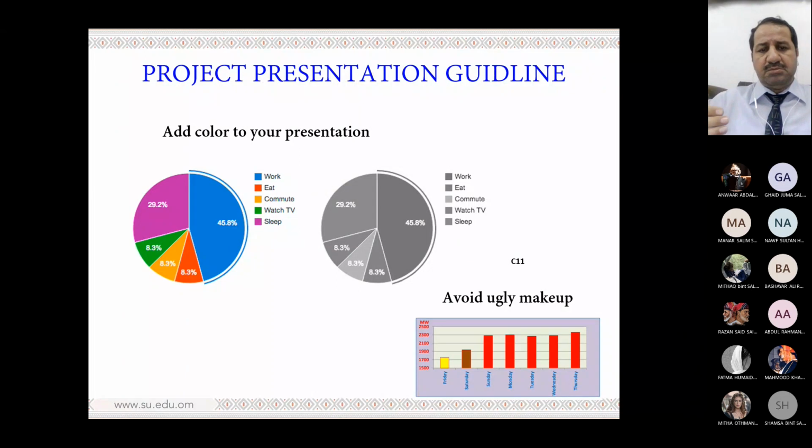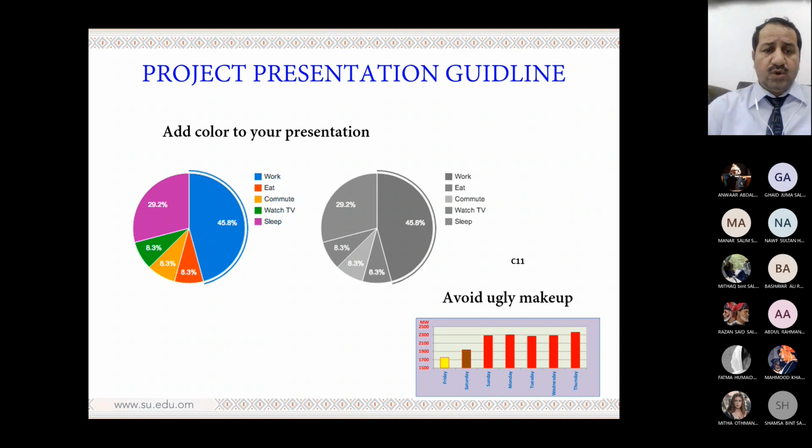Use whatever is given. Some you may use, for example, this is a pie chart. You know the pie chart. You may use 2 dimension or 3 dimension, but here we are focused on the quality of the information in a pie chart. In a bar chart we focus on the quantity. Okay, so which one are you looking for? You need to ask yourself before using this or that type of graph.